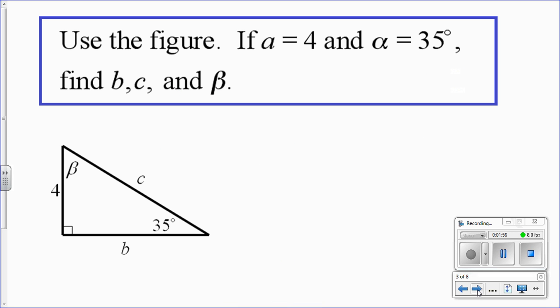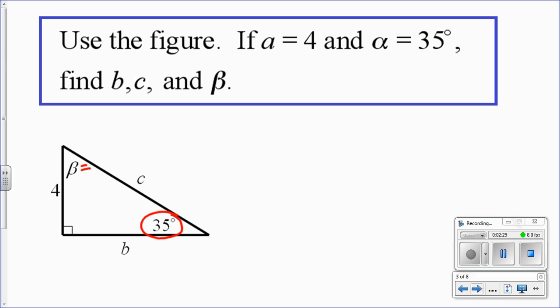So use the figure, a equals 4 and alpha equals 35 degrees, to find b, c, and beta. So I strongly encourage you guys to use the angle that you're given in case you make a miscalculation to find beta. Then if you use beta's angle, the whole problem will kind of fall apart if you just did a simple calculation wrong. So I encourage you to use the things that are given to find as much possible information